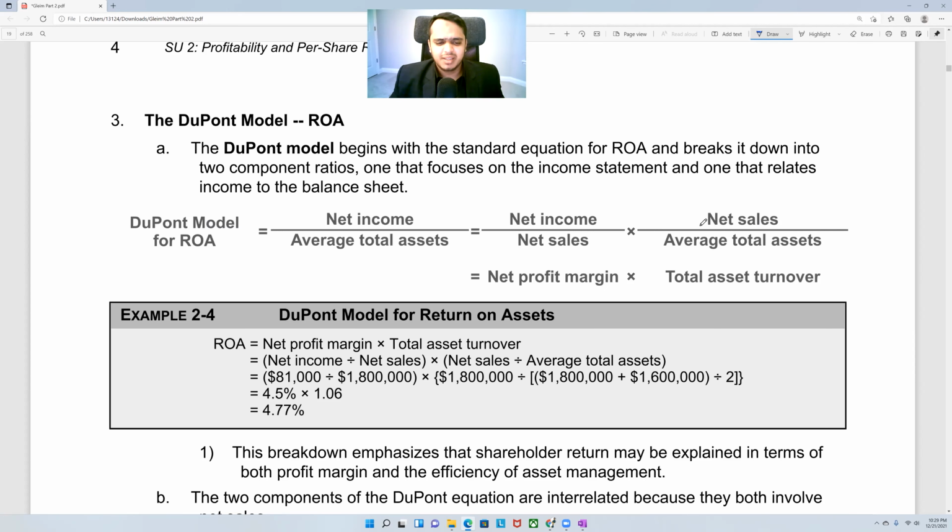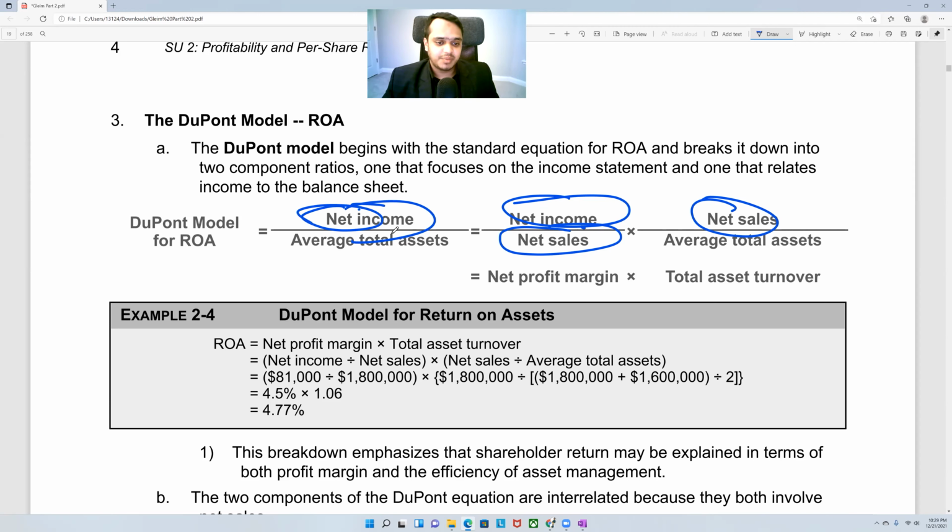What is happening here? If you just see in here, net sales, this net income, this net income. Sorry, what are they actually doing in this? It's a bit confusing. In fact, what they are doing is nothing but,